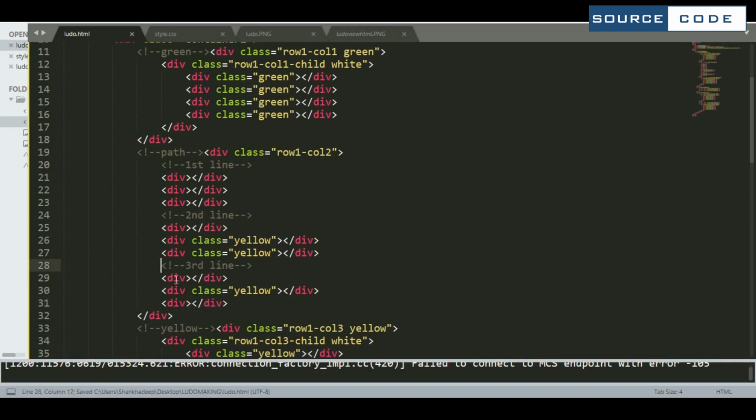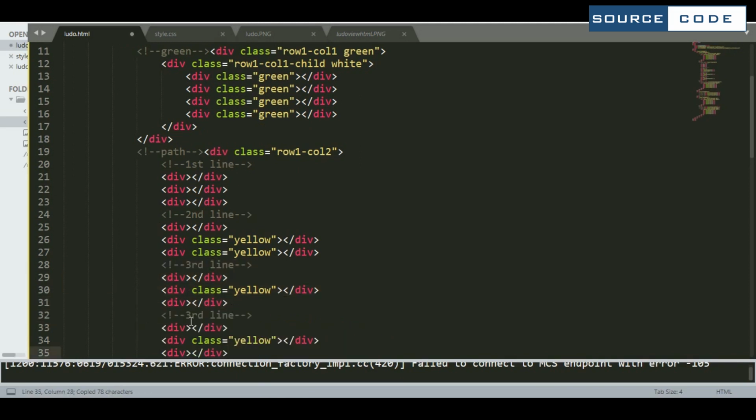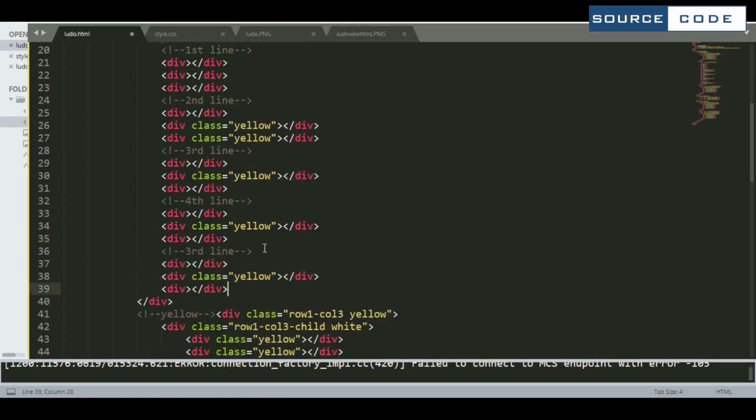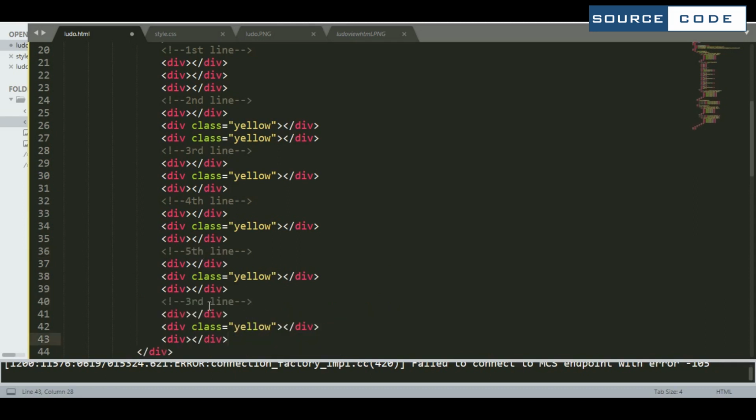So copy this one. This is going to be our fourth one. This will be the fifth. And this one is the sixth one.